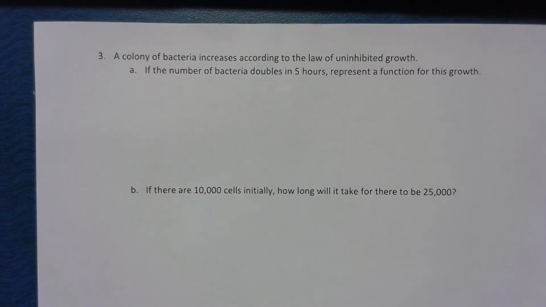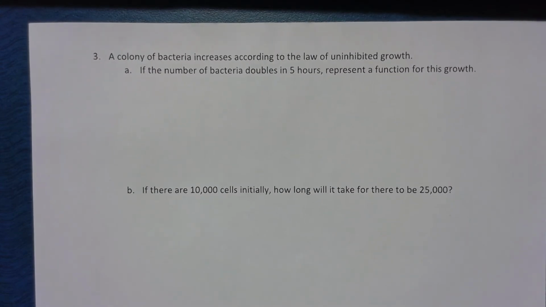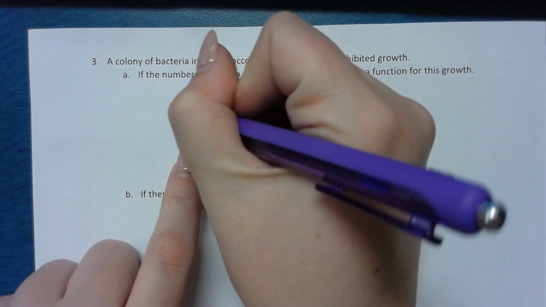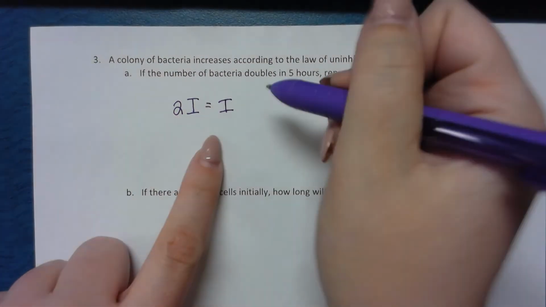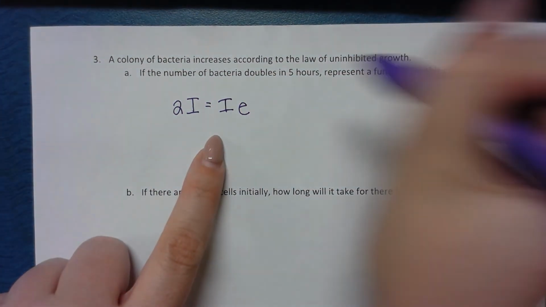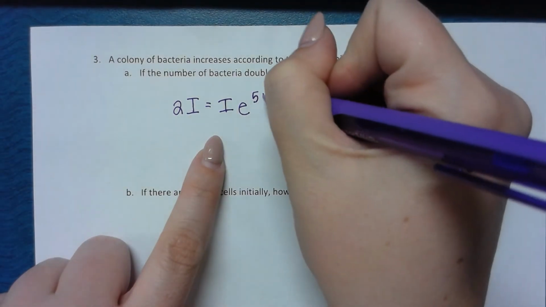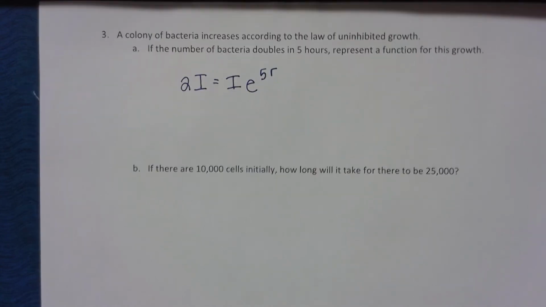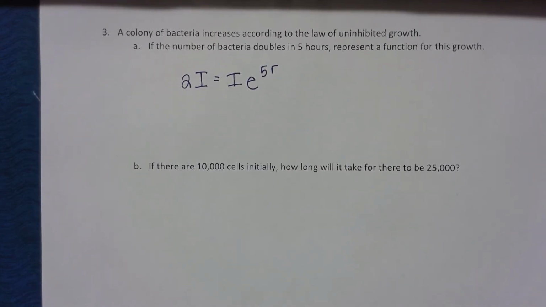Okay, a colony of bacteria increases according to the law of uninhibited growth. If the number of bacteria doubles in 5 hours, represent the function for this growth. So if we start with I, I'm going to have double the amount in 5 hours. Don't know the rate. So that's our function. B, if there are 10,000 cells initially, how long will it take for it to get to